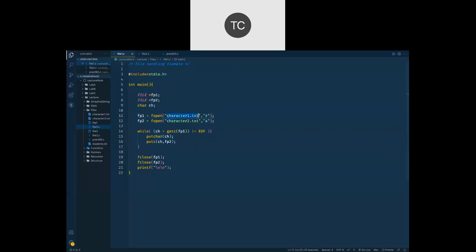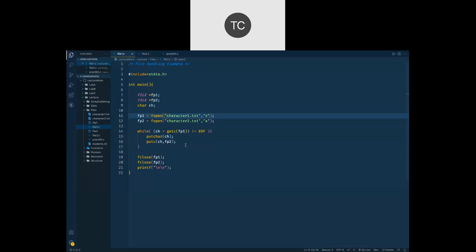The first one is the relative path to your file. At present, we have our code as well as the text file that we are going to open in the same folder. So there is no need to define any path at this place.